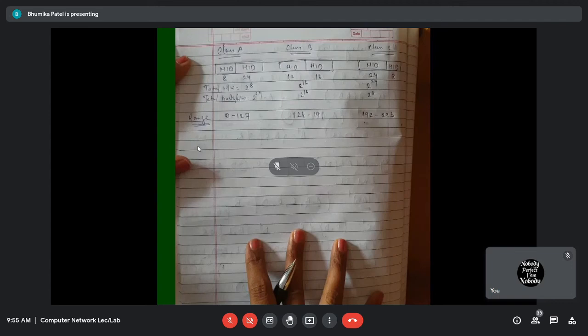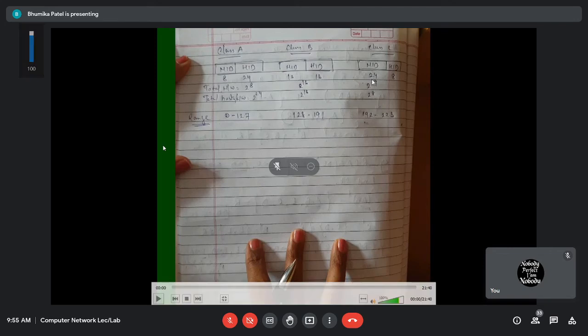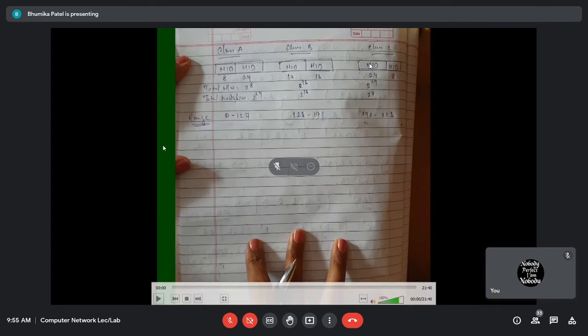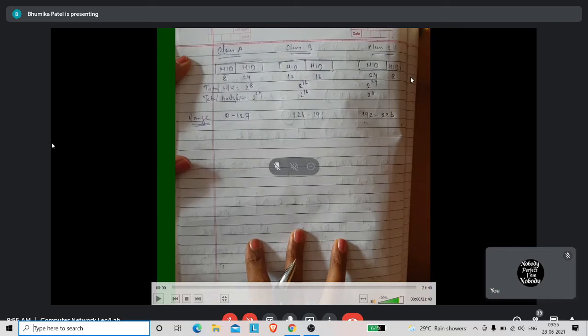Okay. So, in the last lecture, we have seen classful addressing. IP addresses were divided into five different classes: class A, class B, class C, class D, and E. Class D and E do not have IP addresses of two parts. They are kept as they are. They are not divided into two parts like a network ID and host ID like the remaining classes, Class A, Class B, and Class C.